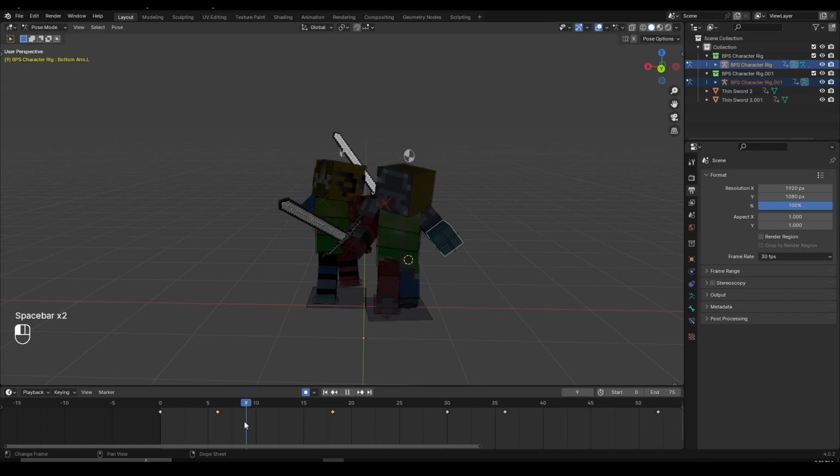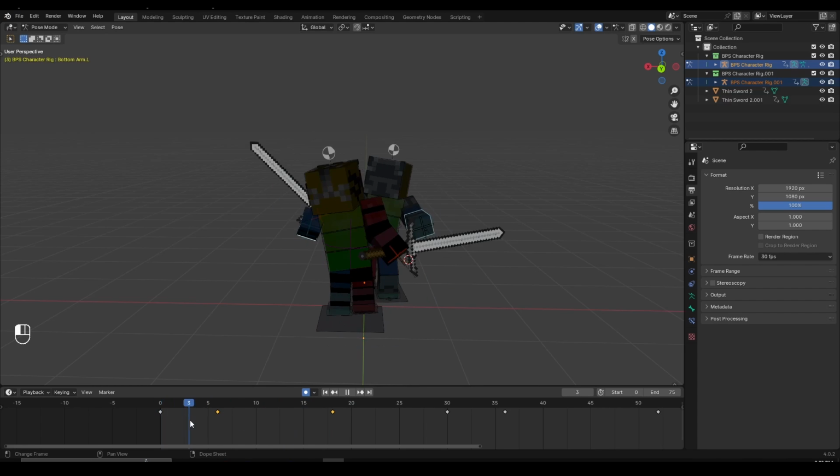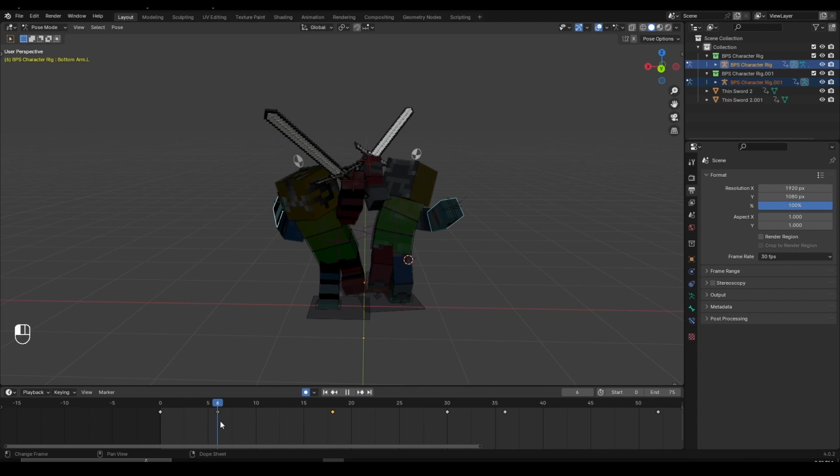Now, once the characters slash like this, they're staying in place. And we don't want that in the final animation. We want that in the blockout to get the idea of what they're doing, and when. But let's fix this and let's follow up with some action. So, after the characters swing,